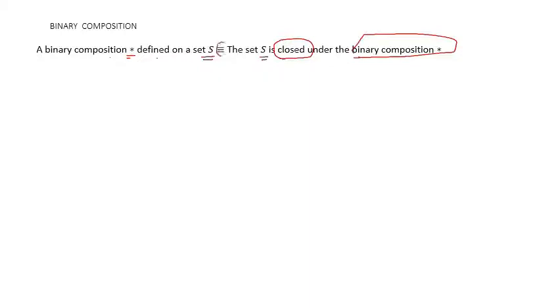They are equivalent statements. অর্থাৎ আমরা যদি বলি যে the binary composition plus is defined on Q, which is the set of all rational numbers, এটা বলাও যা, this is equivalent to saying Q is closed under the binary composition addition. এই দুটো মানে একই।